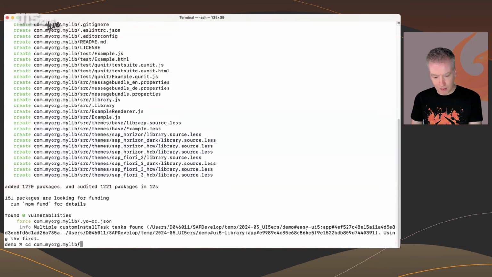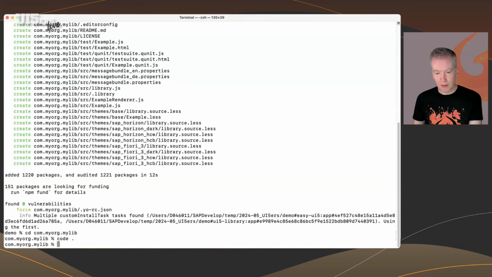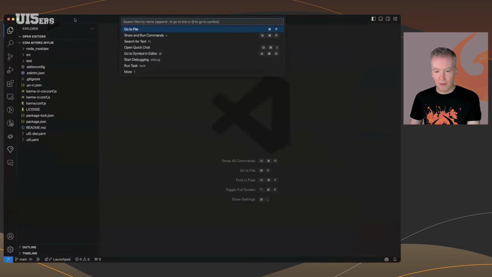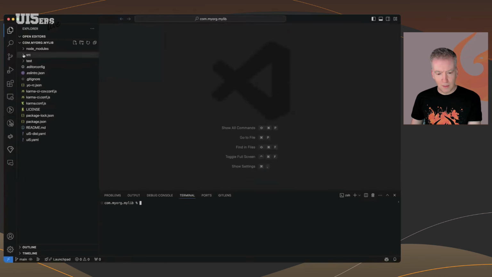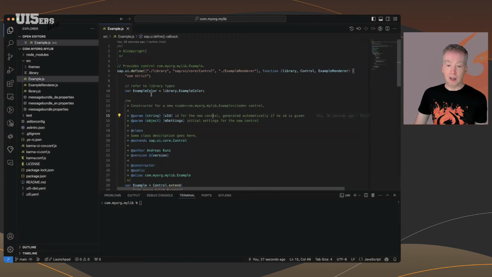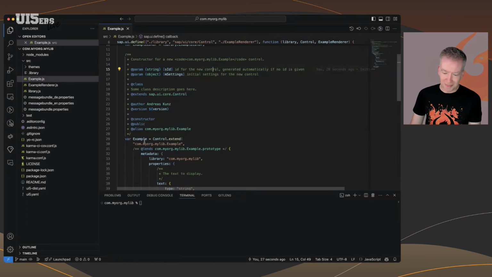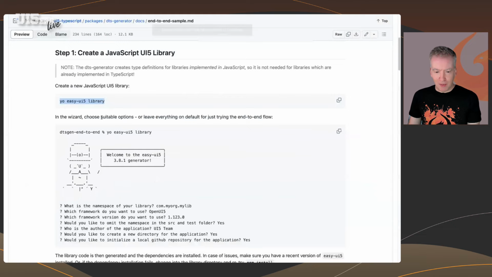It's created a new folder. And let's go into this folder and then open VS Code, because we have then everything in one place, the terminal, the files, and so on. So you see this library contains, for example, an example control, which is called example. And as the tutorial now tells me,